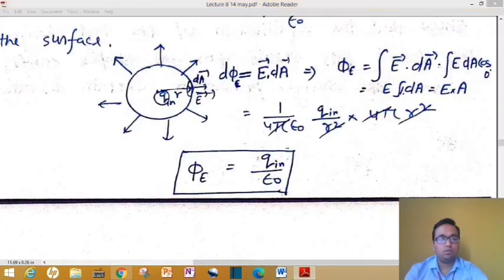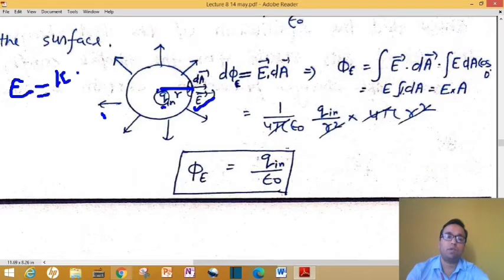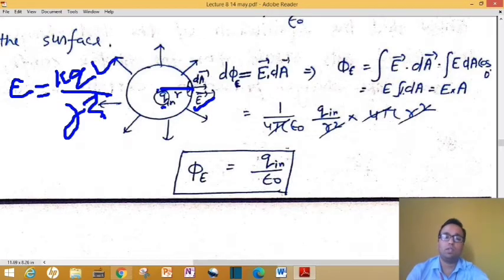See here, it is better now. Try to understand. We have a Q inside charge. This charge Q is kept just at the center of this sphere, and just towards the right of this sphere we have a point, which is P. I want to calculate the electric field at that point P. You know that the electric field is given by which formula? That is KQ upon R square, or you can say 1 upon 4 pi epsilon naught times Q upon R square. Both are the same thing.